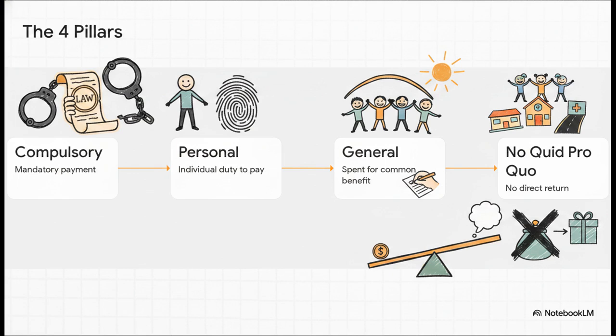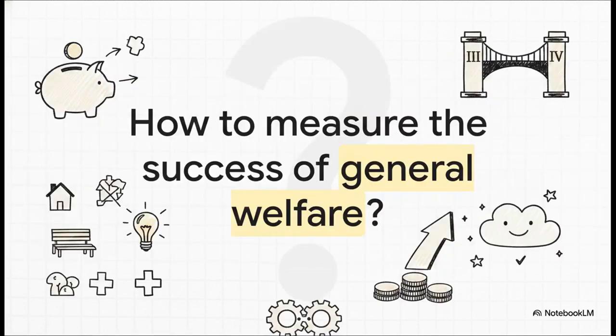And honestly, it brings us all the way back to perfectly understanding Seligman's definition we started with, which leaves us with this final, really fascinating thought to ponder. Since taxes demand compulsory payment with absolutely no direct return to the individual, how do we best measure the success of the general welfare they're meant to create? It's a provocative question for sure, and it perfectly bridges Pillar 4 and Pillar 3. Plus, it's the absolute key to understanding how governments evaluate their public